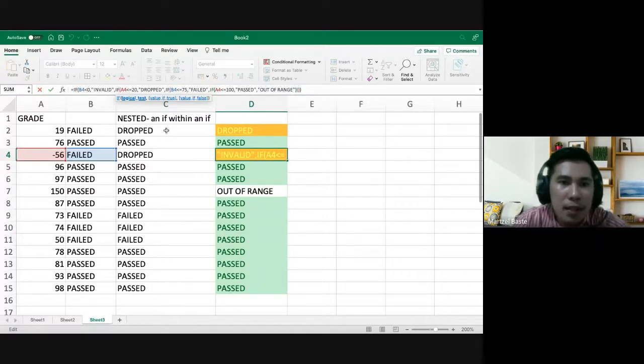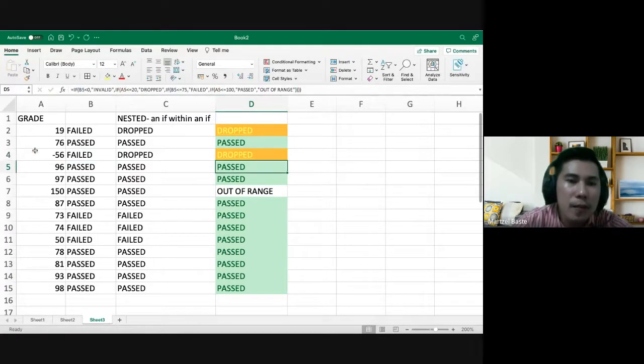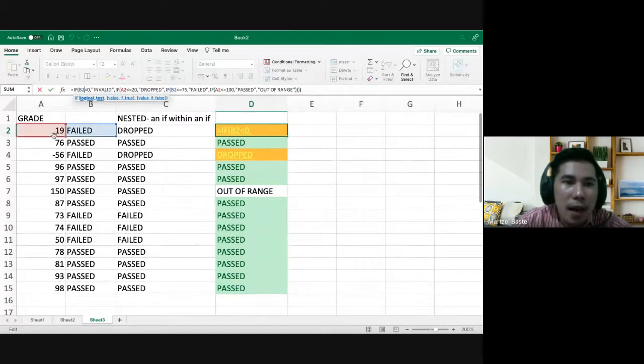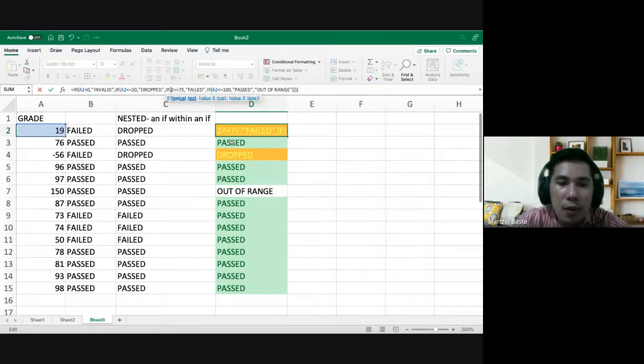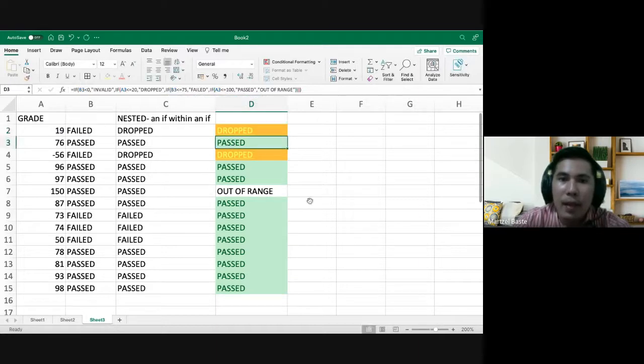So this should be A. Wait, our condition is wrong. So it should be A2. This is what I showed you earlier, that we should have the dollar signs on this one, because when you drag it, the values change, A2, B2, something like that. So supposed to be A2 here, and this is also A2,